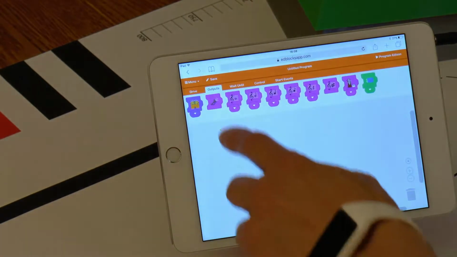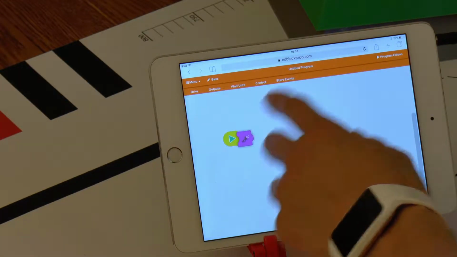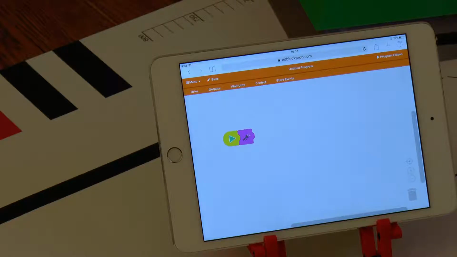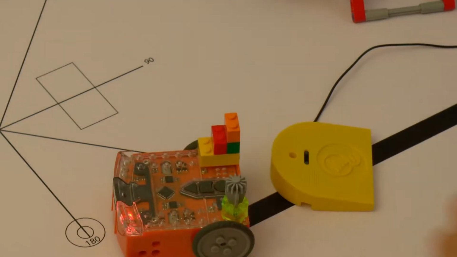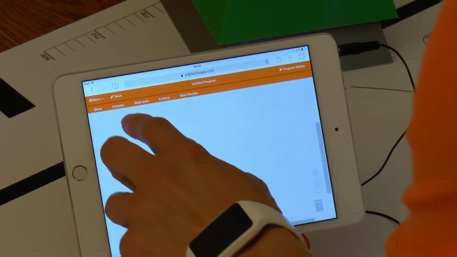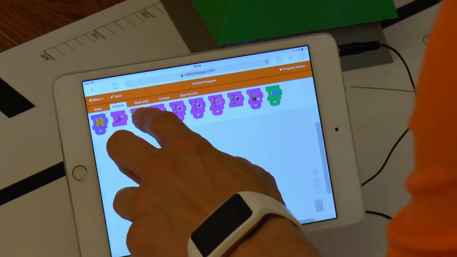Now, it's time to take a look at the blocks that make sound. If the sole purpose is just to be noticed, then it's the easiest option to use the beep block. Beep. The robot will sound a single beep that lasts for 0.5 seconds.